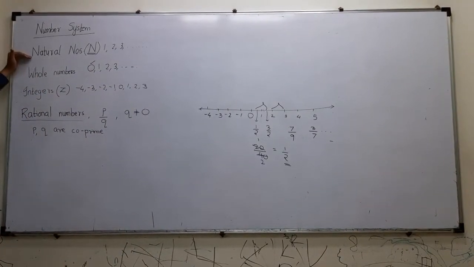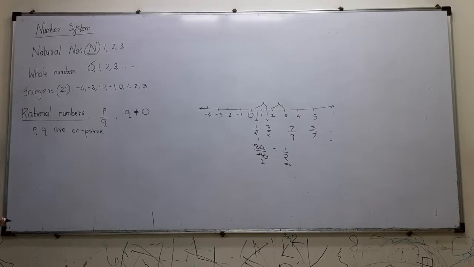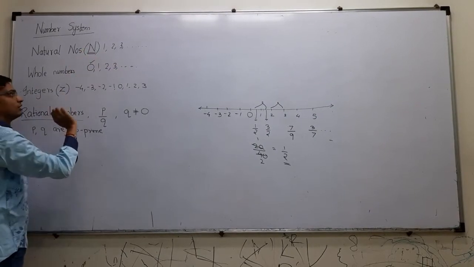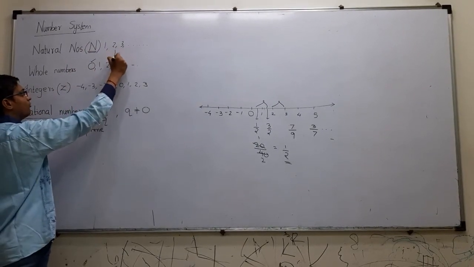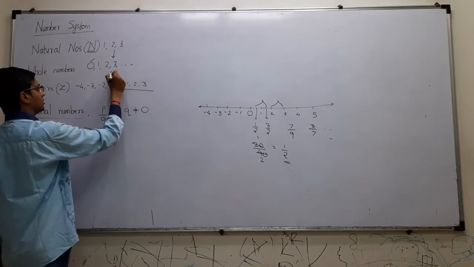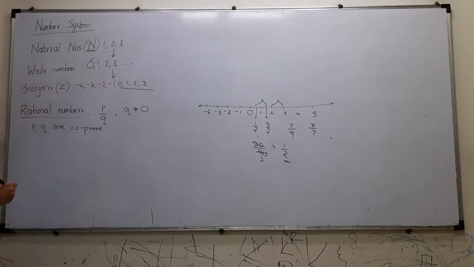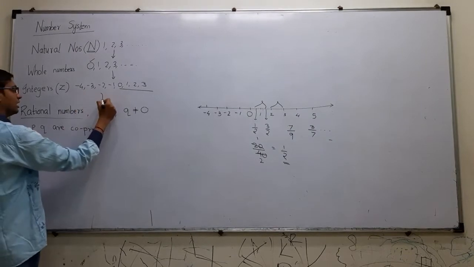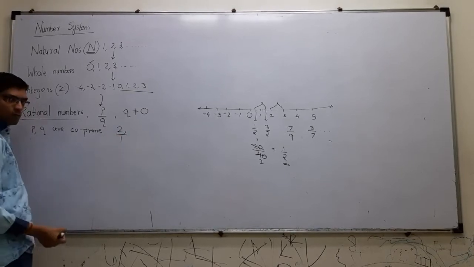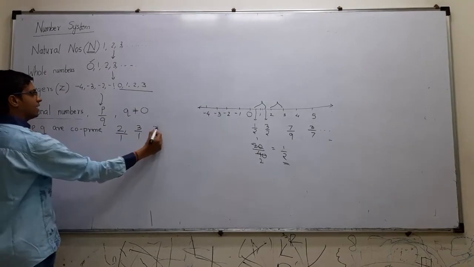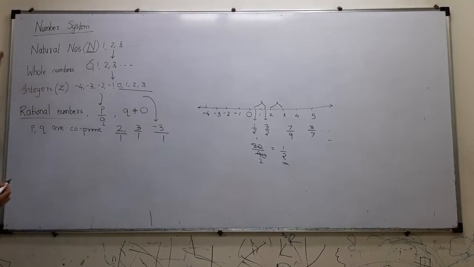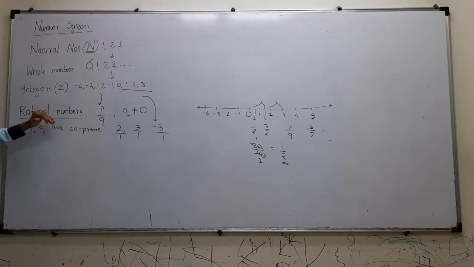So we started with natural numbers, whole numbers, integers, rational numbers. If you see, all natural numbers are present in whole numbers. So I can say that natural numbers are a part of whole numbers. Then all whole numbers are included in integers. You can see here. So whole numbers are a part of integers. All integers are included in rational numbers because we also can have the number 2 as rational, because 2 means 2 upon 1, 3 means 3 upon 1, minus 3 means minus 3 upon 1. So all these come under rational. So all natural numbers, whole numbers and integers are rational.